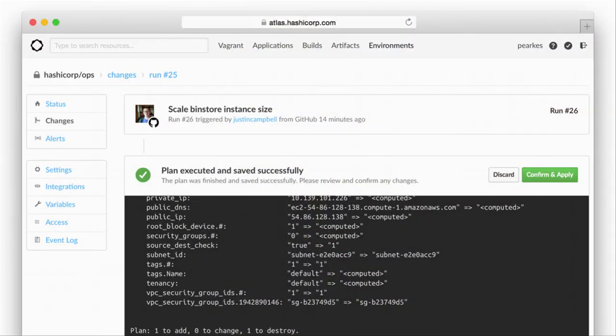So let's say you merge it, looks good, gets the +1, ships it. You then get the confirm and apply button. It's mergeable. You have the plan of exactly what's going to happen. This is a benefit of the plan, it shows you what's going to happen before it does. And then you also get Slack notifications. So these are all coming through this whole time as well. So you hit apply. This is very similar to what you've seen. The apply happens successfully. And then sort of done.